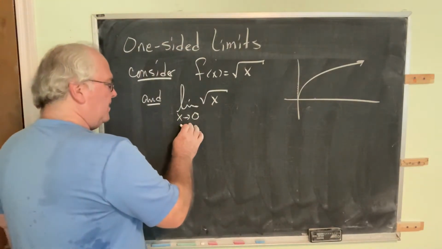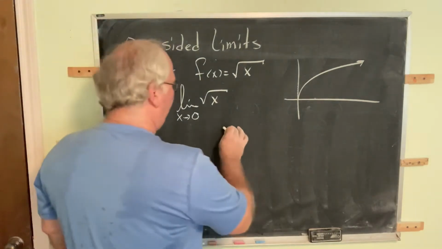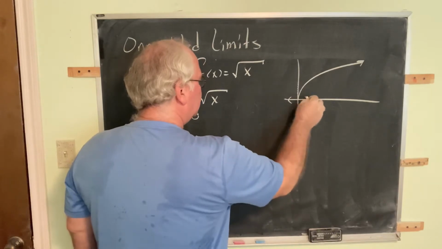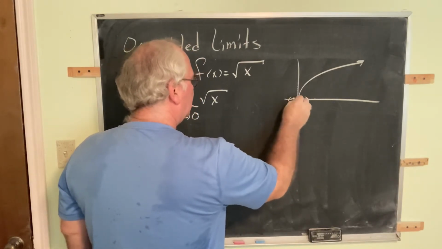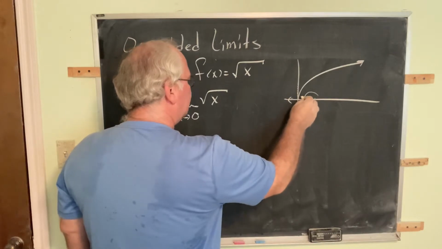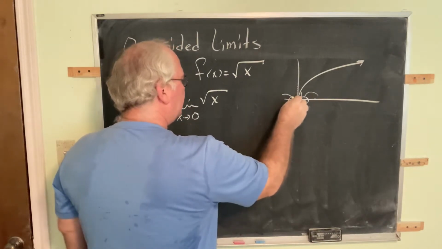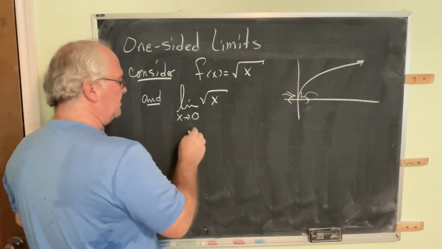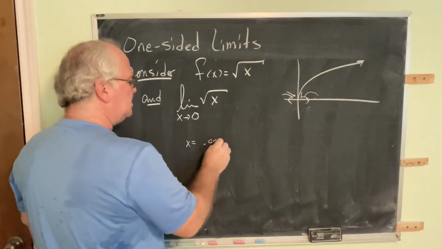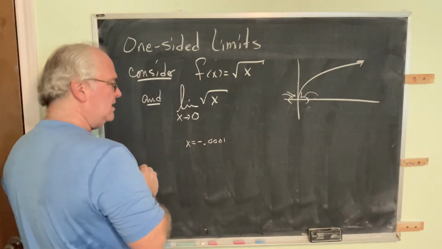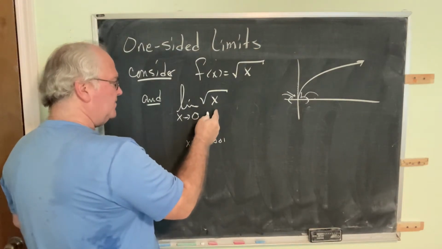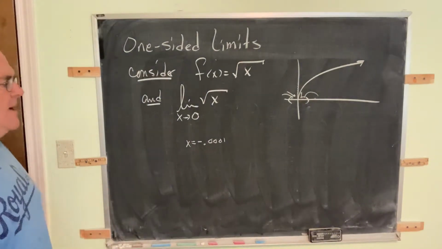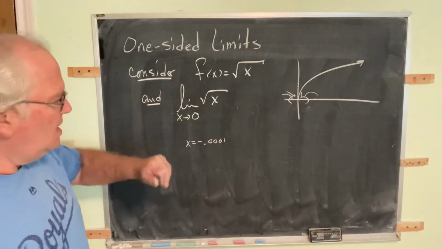the key is, if we make a delta interval around 0, we need to be free to approach this from either direction. If I approach from only values bigger than 0, then there's no problem. If I use a value less than 0, then this function is not defined. If I take x equal to something very close to 0, negative 0.0001, that function value does not exist. And there are other problems of a similar ilk, we may have some issues if we're allowing